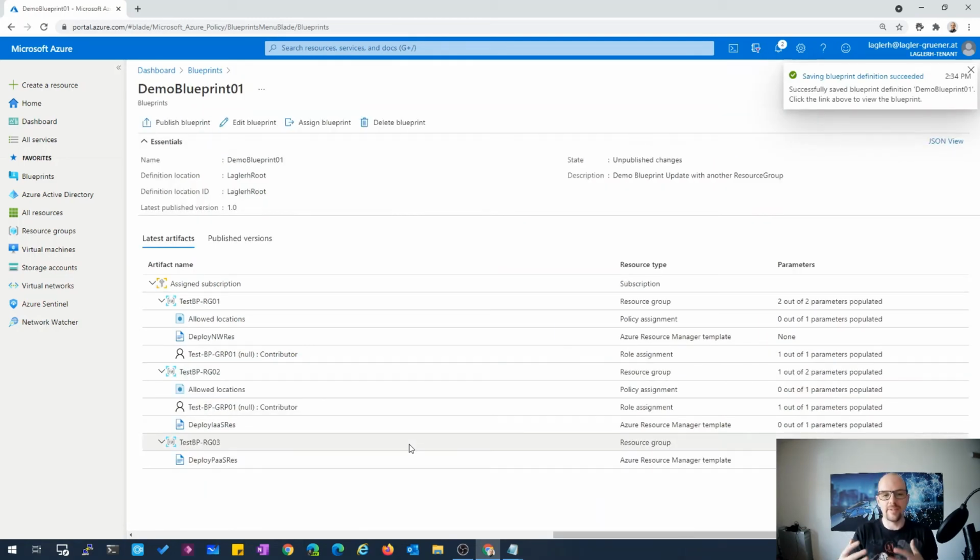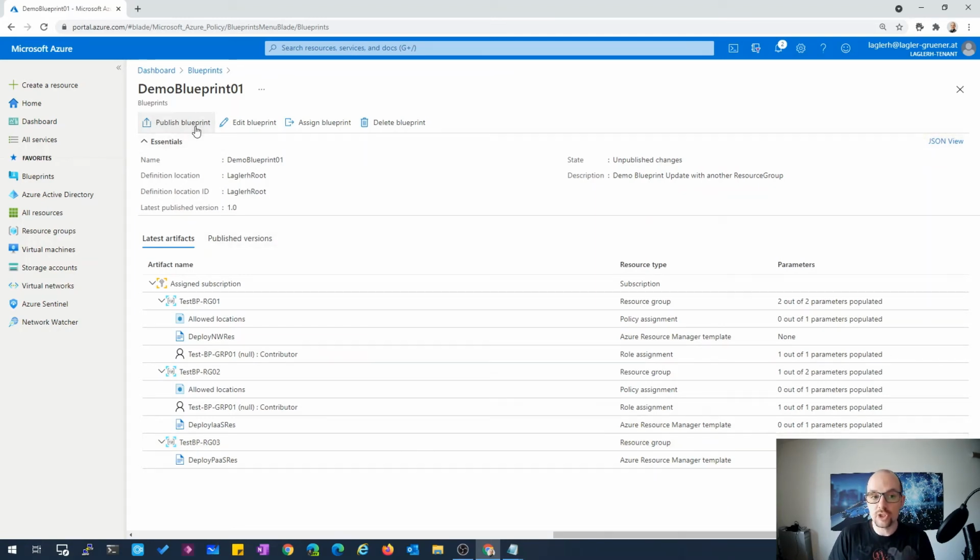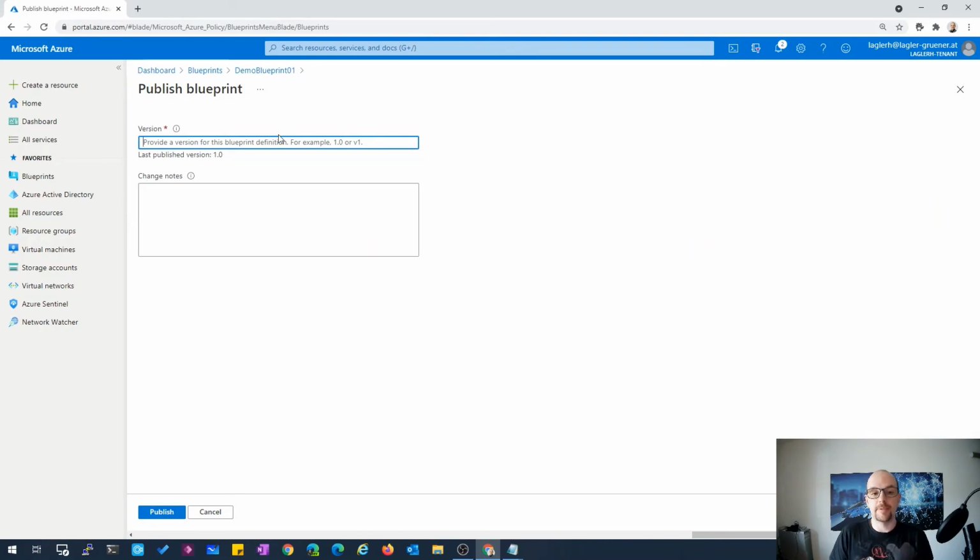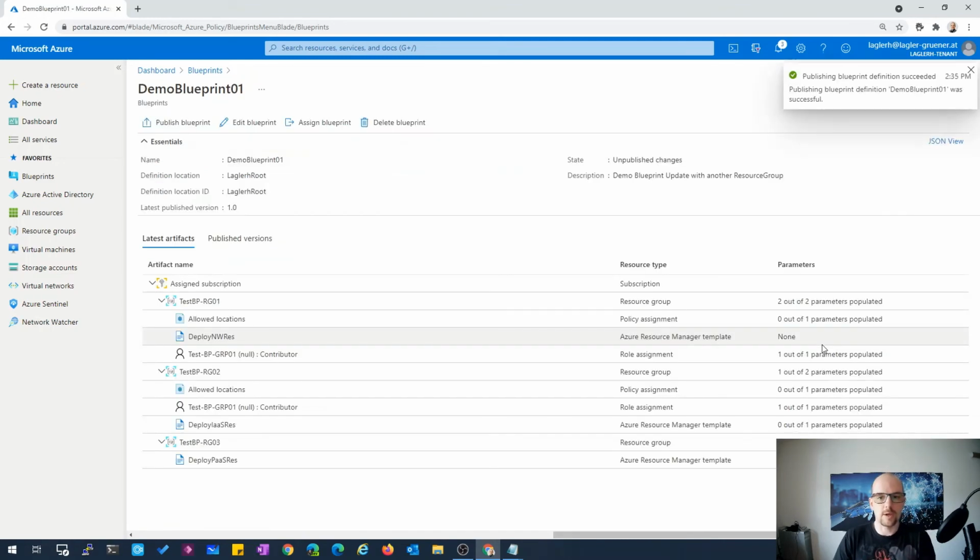We don't assign a role or a policy to this resource group now, and we want to publish the blueprint once more with a different version. And add a change note, RG3 resource group and PaaS resources. Okay, click on publish.